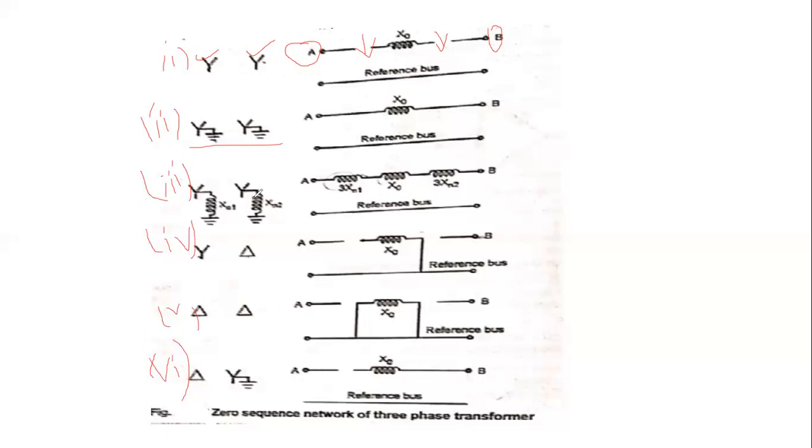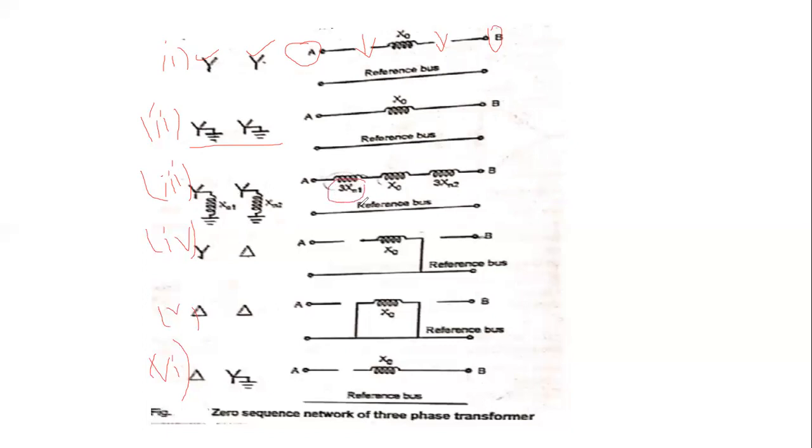Okay, next we are considering the third criterion: both the windings are connected in star, but the neutral is grounded by using a reactance. This is the positive reactance and this is the negative reactance. Therefore, grounding means there is no open circuit. That's why we are taking